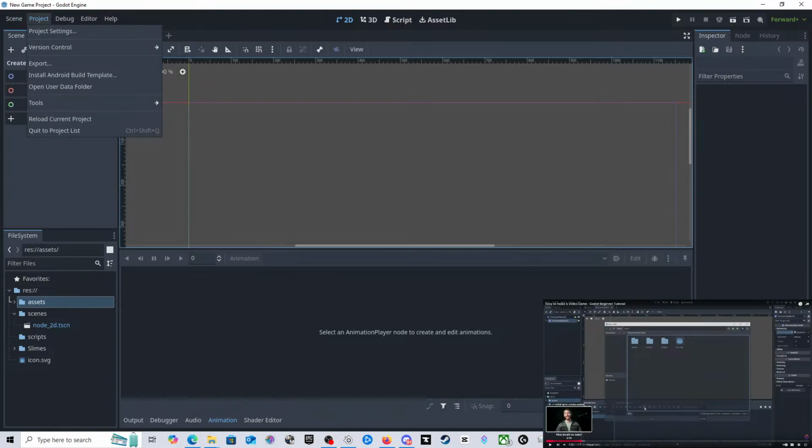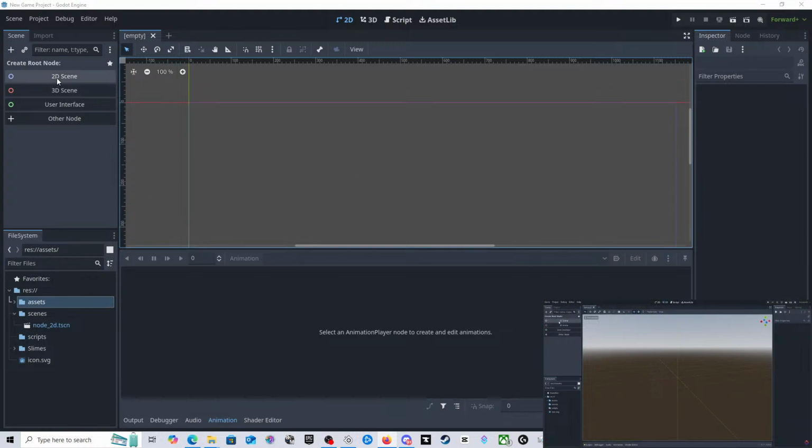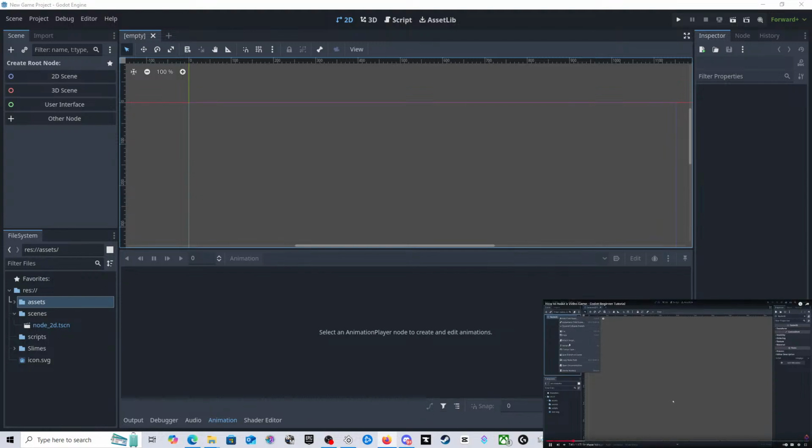Does he tell you how to do it right at the beginning? Character, player. So let's create a scene where we'll put everything together. This is going to be a 2D game, so I'll select 2D scene. And let's rename this. Right, so this here we're going to delete. Remove that, make sure that's only got that in it.